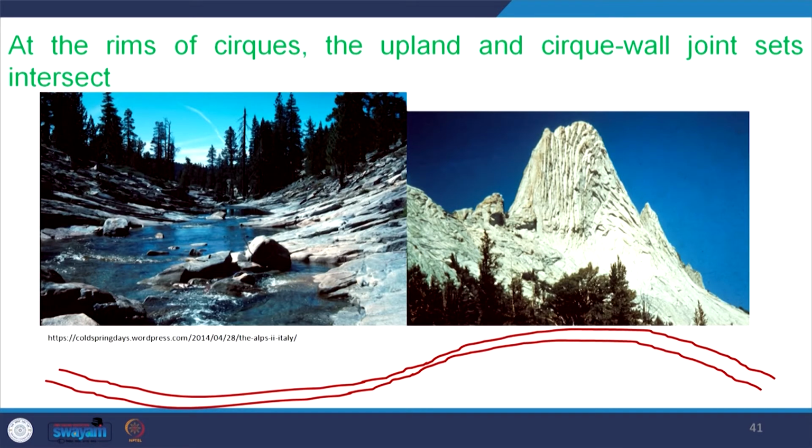But if you consider yourself at this valley and hill boundary, here the sitting joints mix with each other, they intersect with each other. Now see, one fracture is moving downward, another fracture moving upward. So, at this valley and hill junction they will intersect. Once two fractures intersect, they will make the rock more fragile. So, at this hill and valley boundary, the rocks are more prone to mechanical weathering due to these intersections of the sitting joints.